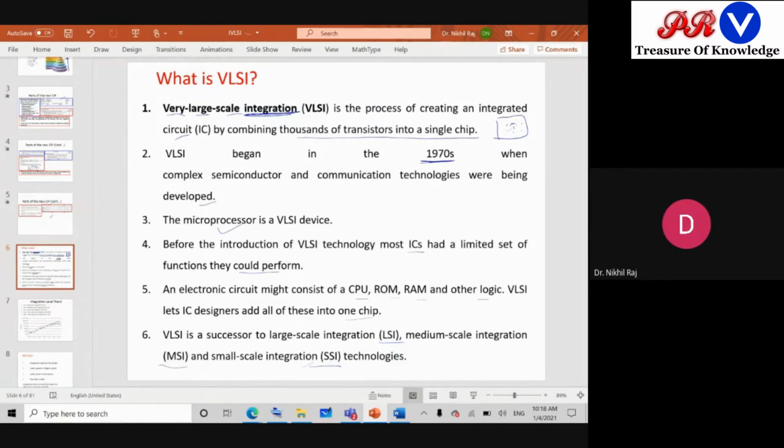Then with time, according to Moore's law, the number of transistors could double. This means the designers were working in such a way that they could reduce the dimensions of the transistor, so that in the same die area the number of transistors increases. Moore predicted that every 18 months we can double, looking at the scenario and the interest of the designers. So it came to MSI, then LSI, large scale, and then VLSI. And still now we are working with VLSI. Though we are in nanometer technology, VLSI still exists.